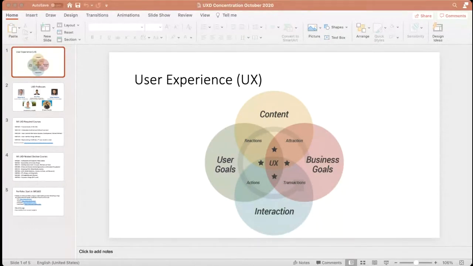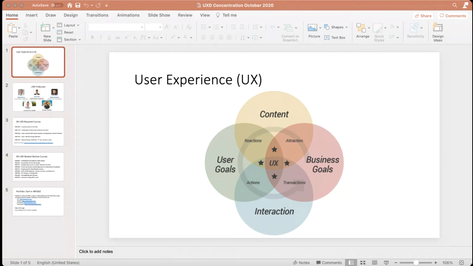Users have intention. They want to achieve something whenever they interact with an information system. And the whole user-centered design approach guides you towards understanding the users' goals and needs, how to empathize with users, which is a very important point of UXD, and basically put the user at the center of your design process.